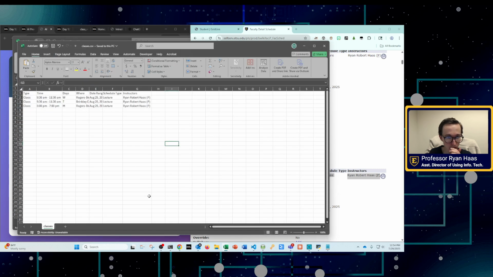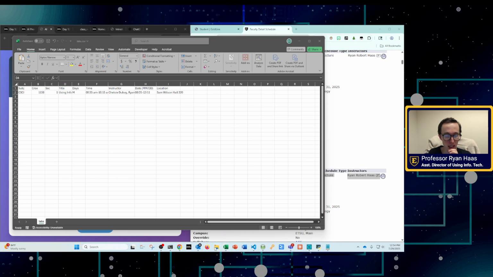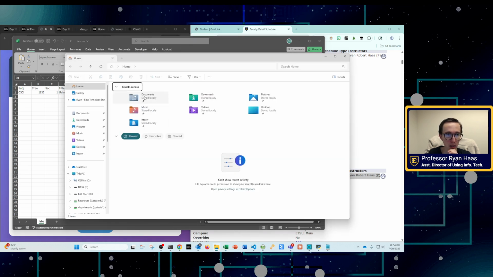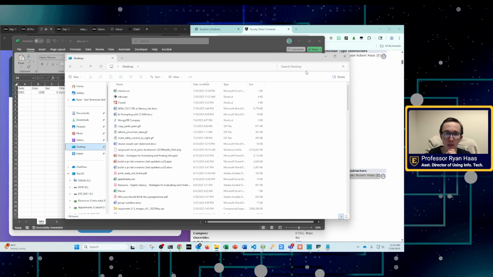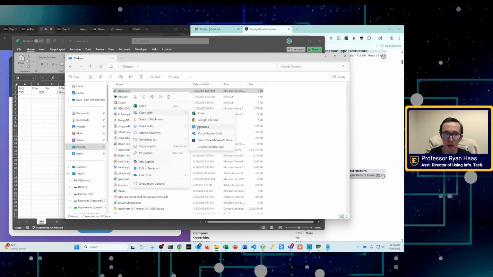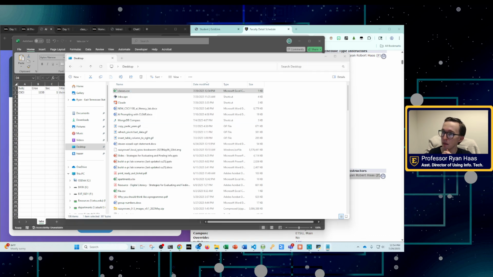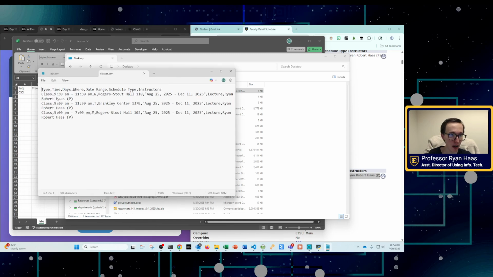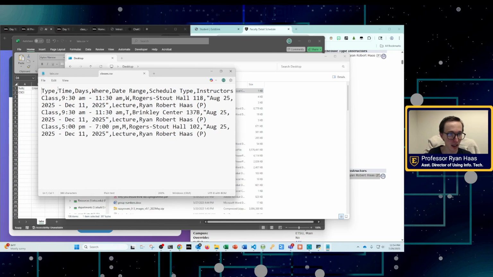Click save. And now if I actually open this as a text file, right click, open with Notepad, this is actually what the raw file looks like in text.